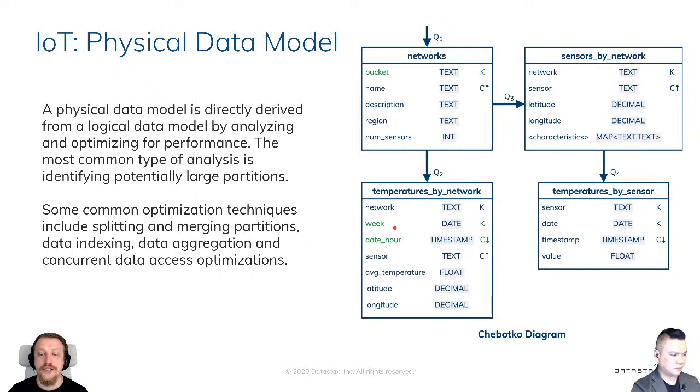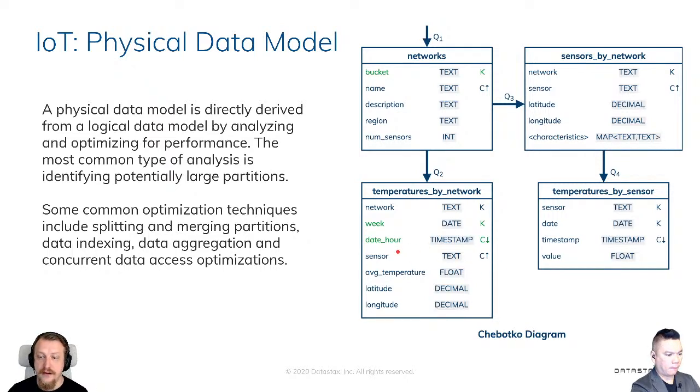So one partition will be limited to one network and 1 week. As a result, the maximum size of my partition will be all the averages within a single network over 1 and only 1 week. And as soon as the week is gone, I will start to write to a new partition. It allows me to reach two goals I've mentioned before. I want my partitions to be not too big, and I want my partitions to be not too hot.